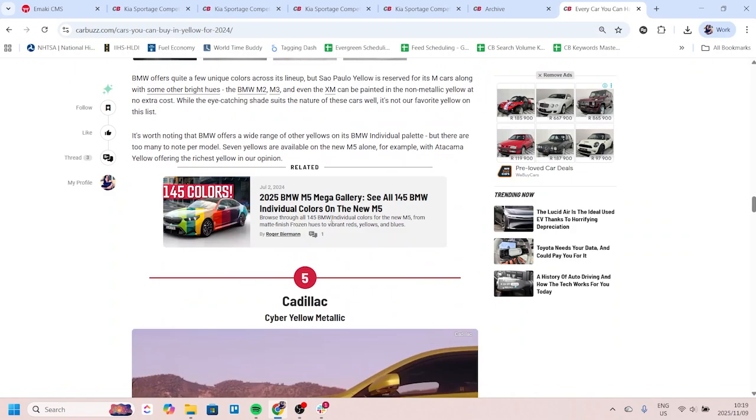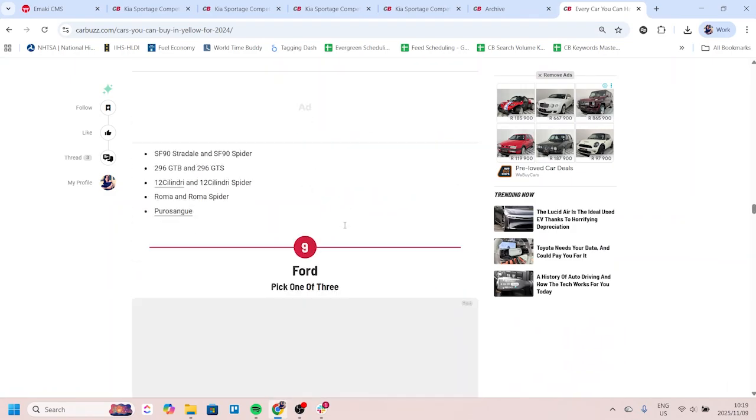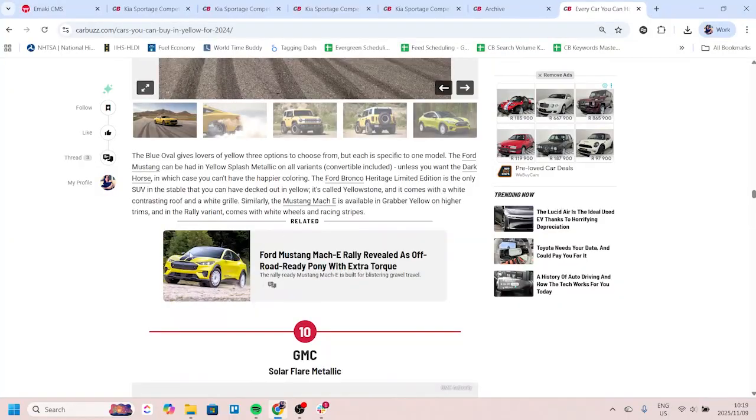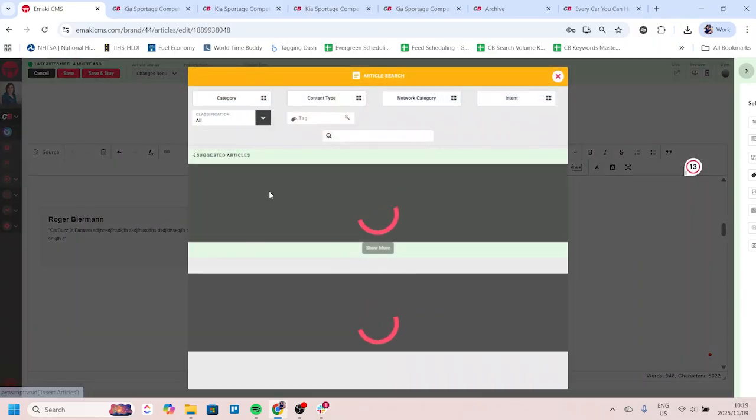Currently, as I said, you won't see them on the front end until a certain amount of time has passed. I'm not 100% sure what that time frame is, but as you can see, they have been inserted here in a really good way. And we want to go ahead and insert those in any way. And because we are doing Kia Sportage competitors, I would then click on the Insert Articles link, and I would